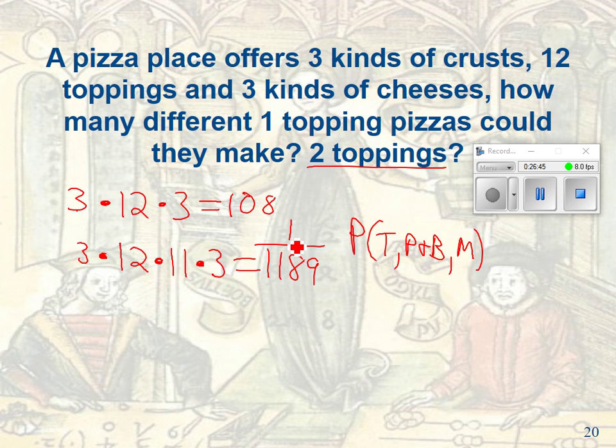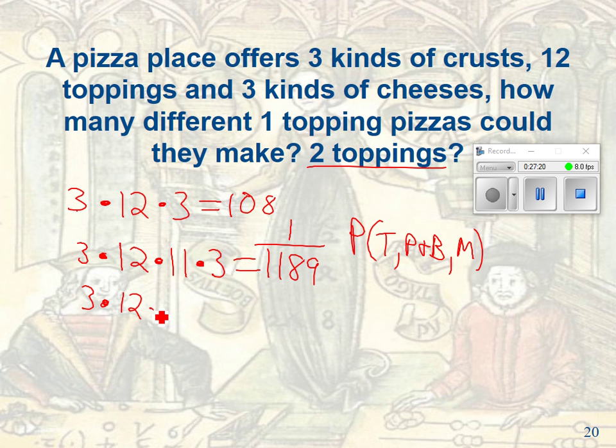Because if we had 12 toppings, and we used one of them, we put pepperoni on there already, but now the pepperoni's not a topping that we're going to put on there anymore. So we got 12 toppings, we took one of them away, so now we only have a choice of 11 different toppings. So if we wanted a 3 topping pizza, you'd still have 3 crusts,